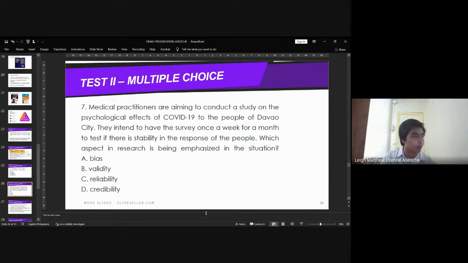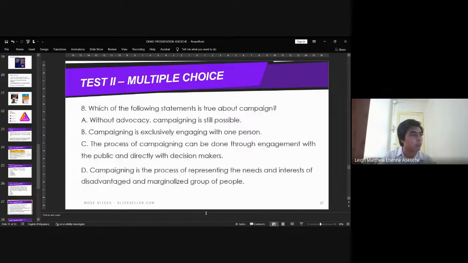Okay, let's move on to question number 8. Which of the following statements is true about campaign? Is it A, without advocacy, campaigning is still possible? B, campaigning is exclusively engaging with one person? C, the process of campaigning can be done through engagement with the public and directly with decision makers? Or is it letter D, campaigning is the process of representing the needs and interests of disadvantaged and marginalized